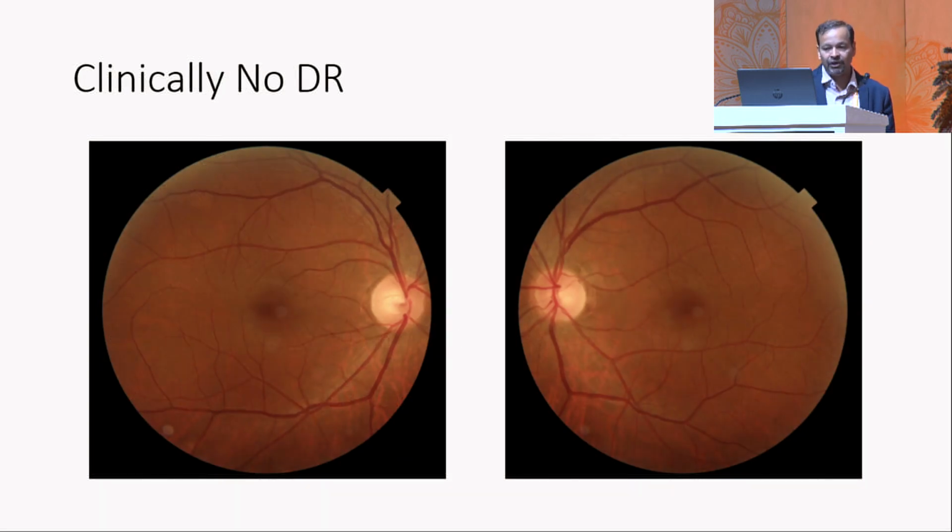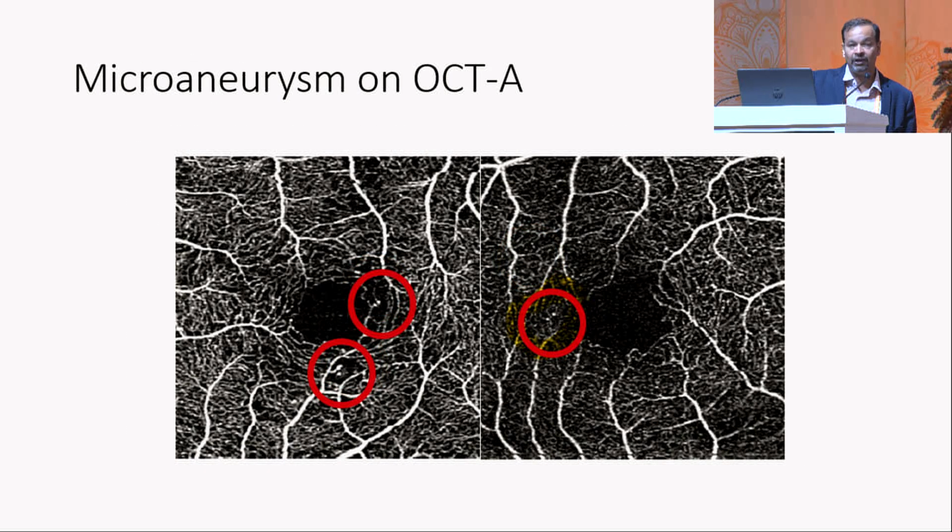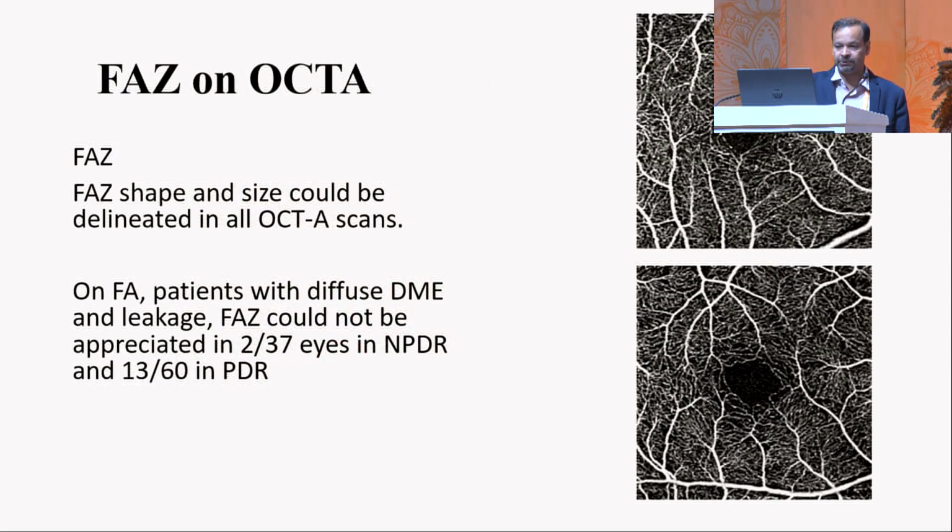So this is a patient, you can see there is hardly any diabetic retinopathy visible on clinical photographs, but when we went on to do OCTA in these eyes, you can see there are distinctly visible microaneurysms, signifying that what you can see on OCTA may not be visible on fundus fluorescein angiography. Traditionally we have not been doing FFA when there is no clinical diabetic retinopathy. If we do fluorescein angiography in these eyes, we might be able to detect these microaneurysms.